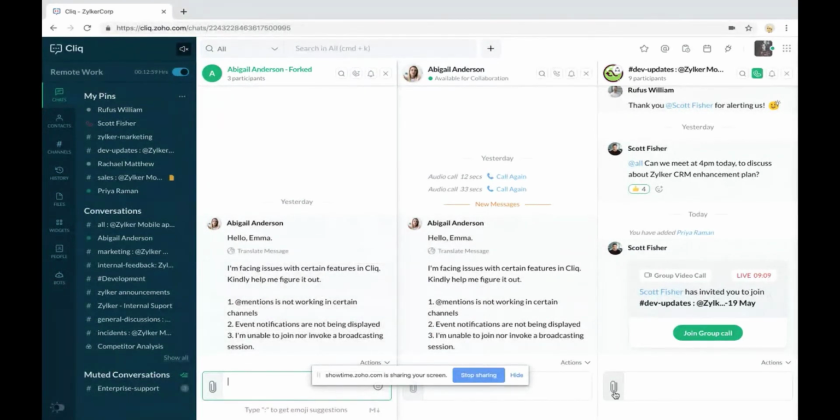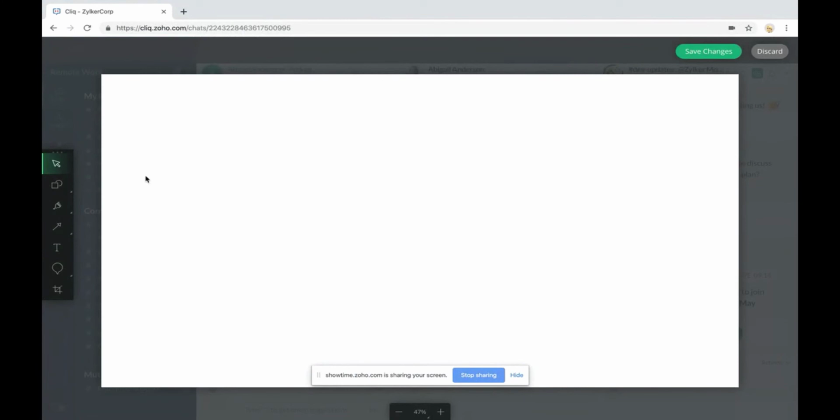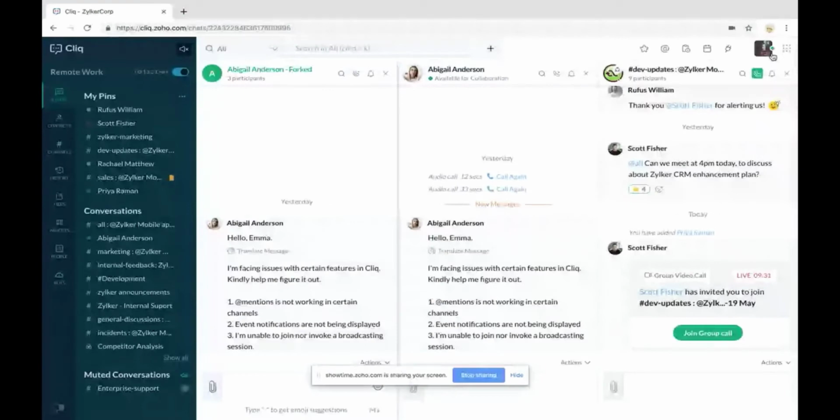You can quickly open whiteboard by clicking on the attachments icon, whiteboard, and as you can see, the board is open. You can use the highlighting tools or annotator tools that you can find on your left. Quickly draw an idea or a strategy or a process flow structure and communicate it with your team members in a conversation using whiteboard. The next thing is code snippet.